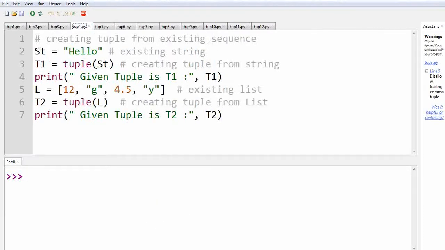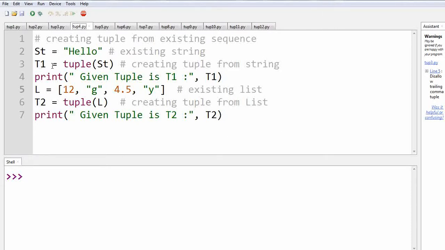In this program we will see how to create a tuple using an existing sequence. Sequence, as you know, list is a sequence, string is also a sequence, tuple is also a sequence. So suppose we are having a string, say st equals to hello, and now using this string we want to create a tuple.